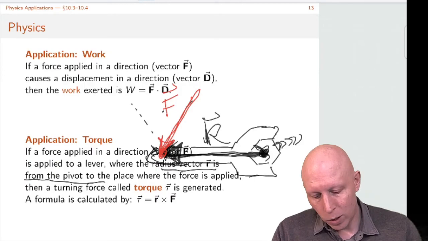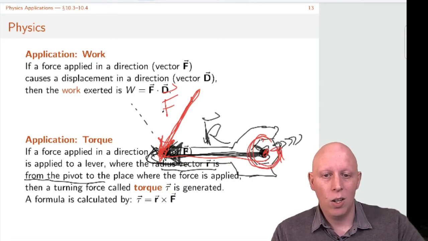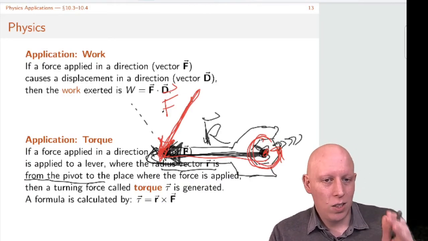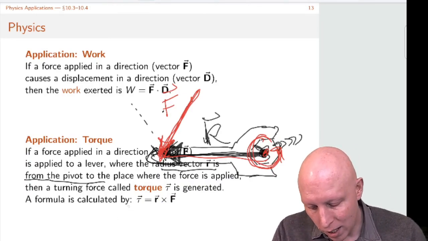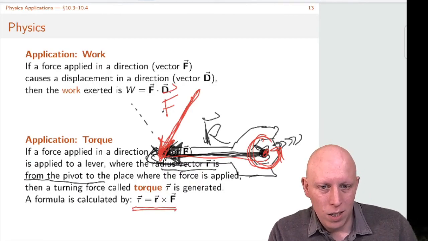When you push with a force at a certain distance from the pivot point, then that creates a turning motion here. Right? This is going to turn the screw. It's going to either push it in or push it out. So going into the page, going out of the page,